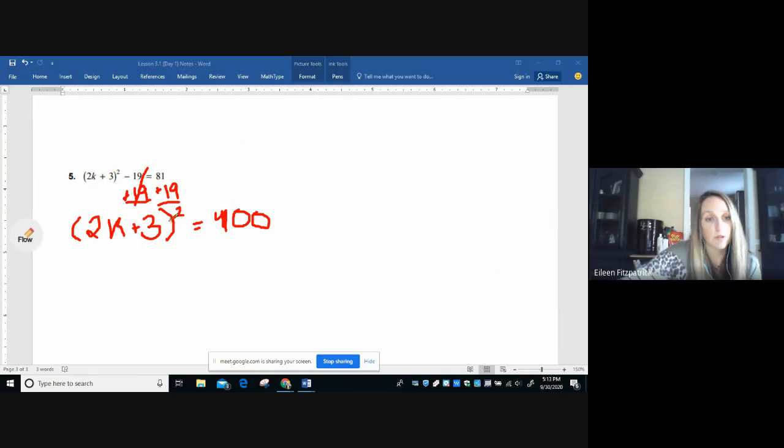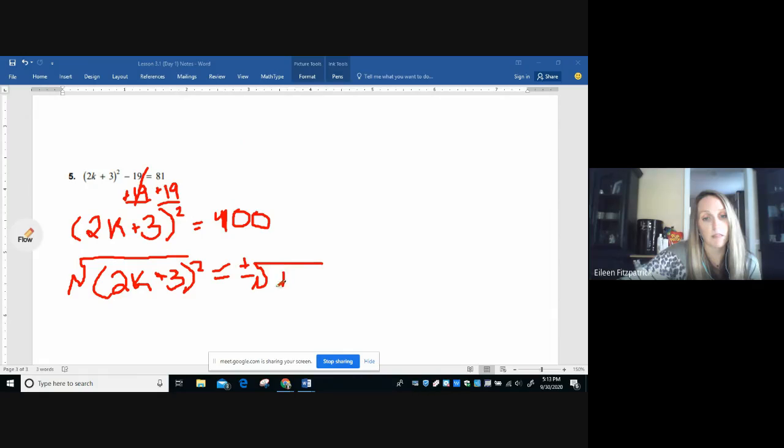So then what you're going to do, just like the last problem, to undo a square, I have to take the square root. So I'm going to take the square root of 2k plus 3 squared. And when I take the square root of the other side, I must remember the plus minus. So plus minus the square root of 100. Right? The square root and the square cancel. So now you're left with 2k plus 3